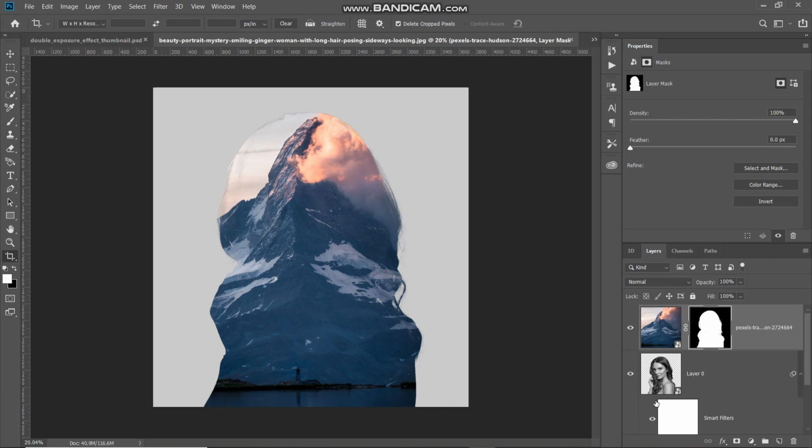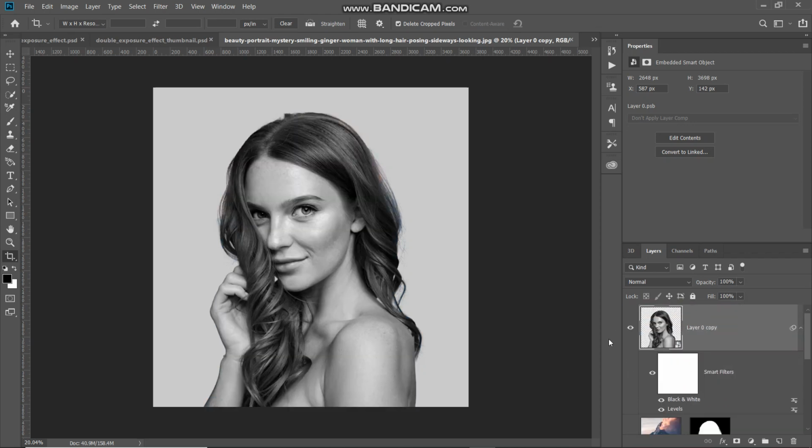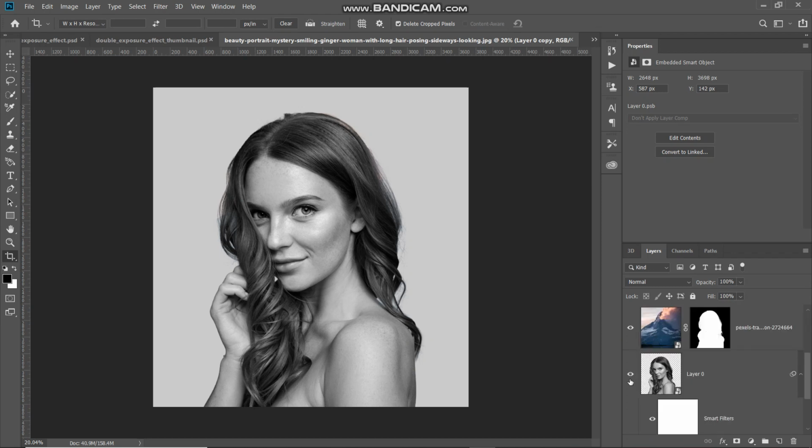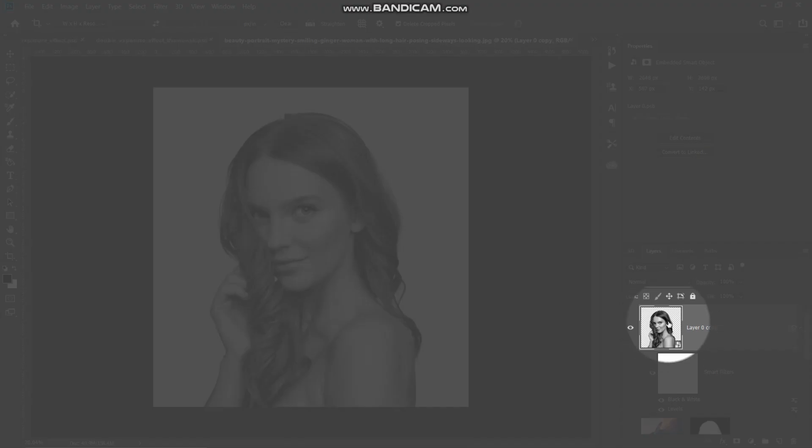Now after that, we need to create a duplicate of this model image layer. So for that, make that layer active by clicking on it. And then press Ctrl or Command on Mac plus J in order to create a duplicate of that particular layer. And then we need to drag that duplicate layer to the top. So let me just do that. So once you have placed that layer at the top, you can hide the original layer by clicking on the eye icon. And then again go back to the top and make the duplicate layer active by clicking on it.